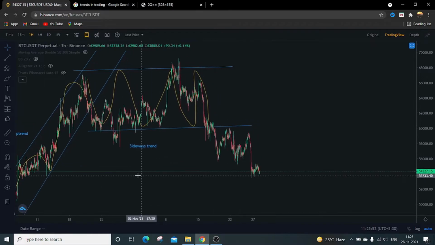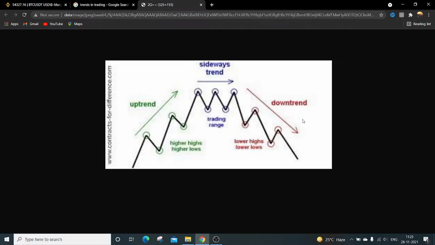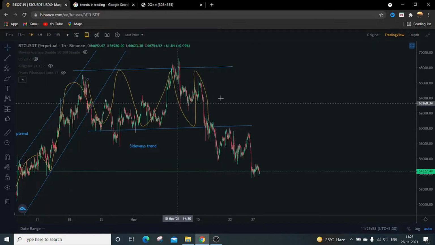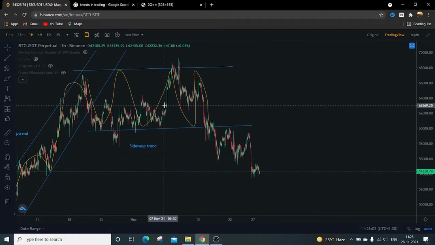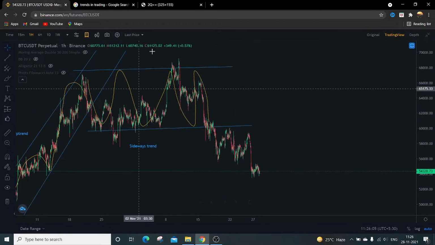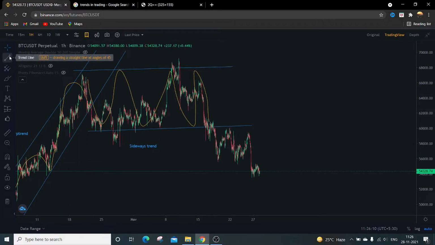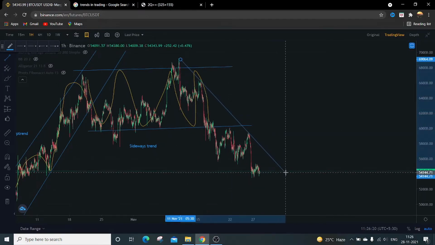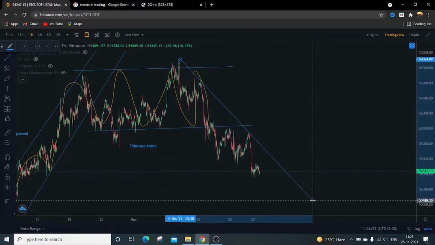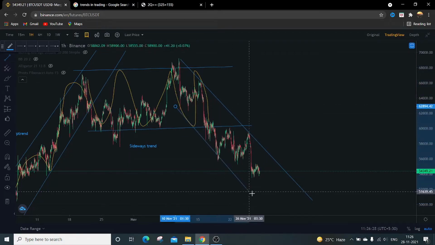Okay, now the third part is the downtrend. That means just look over here, these higher points are moving in the downward direction, these lower points are also moving in the downward direction. That means the whole market is moving in the downward direction, so this trend is called a downward trend. To draw a trend line in the downward trend, I just connect these higher points and draw a line, and similarly I connect these lower points